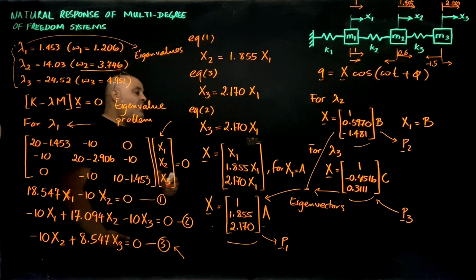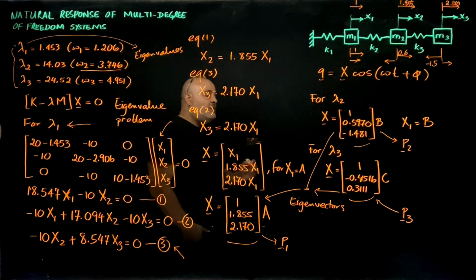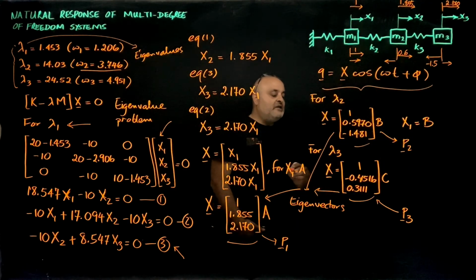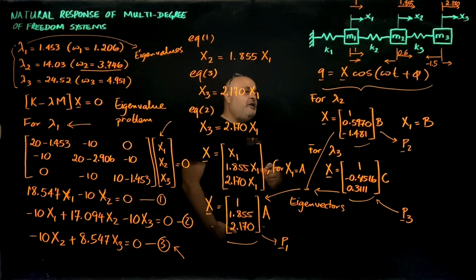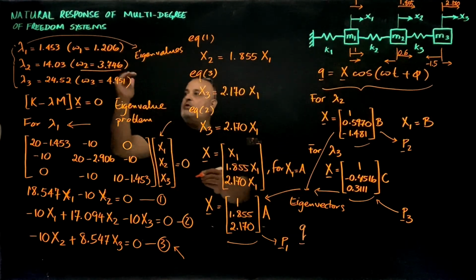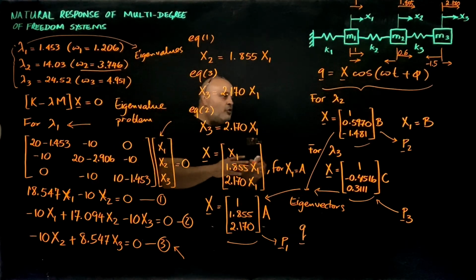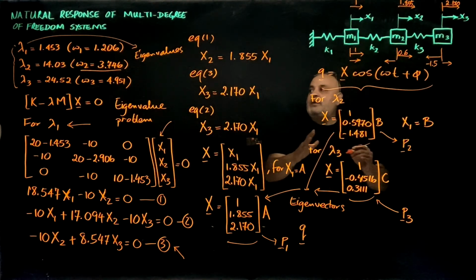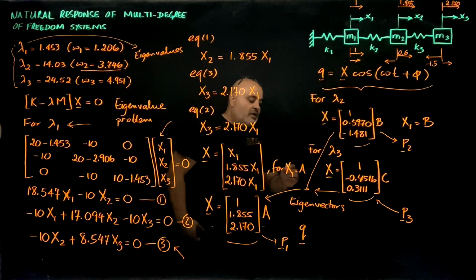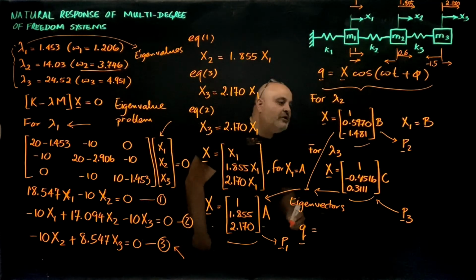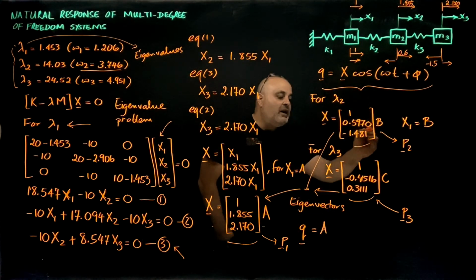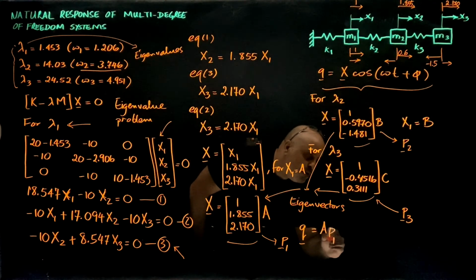So I know that the possible solutions, possible responses for the system Q will be either at frequency 1 or 2 or 3, or in the most general form, it will be a combination of all three possible solutions. So I can write this as a combination. For the first frequency, A times P1,